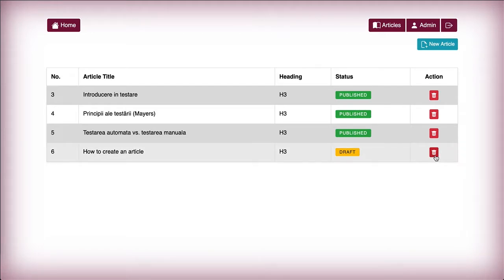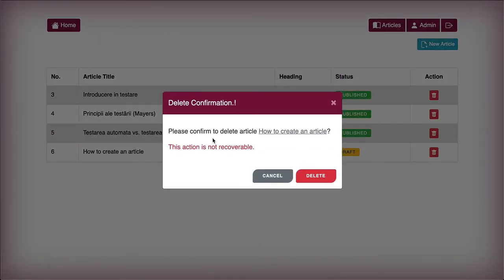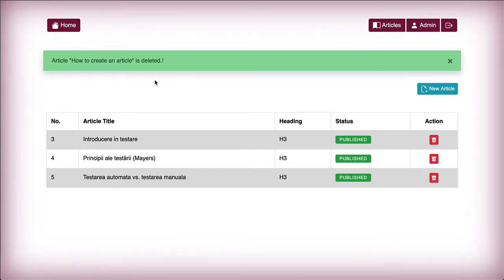Now if you decide to delete it, you can delete the article, but when deleting this article, it will be removed from the backend, the database. This action is not recoverable, so please proceed with caution. Click it and you will get a pop-up. In the pop-up it will say which article you are going to delete, and that this is not a recoverable action. Once you read it, confirm the deletion. The article will be removed from the backend. This is all about the article section.